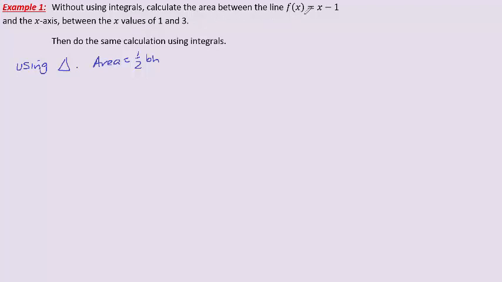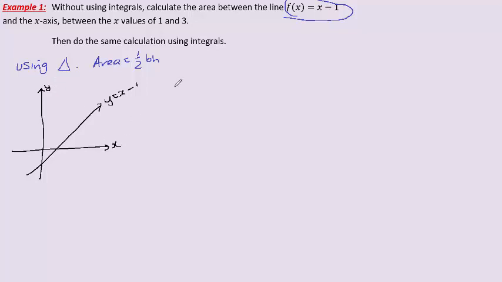So if I'm looking at the line where f of x equals x minus 1, then I can sketch that, and it's going to look something like this. And here are my axes. So this is between 1 and 3. Here's the point at 1, 0, and here's the line at 3. We'll call that point 3, 0. But if we go up here, we get to the point